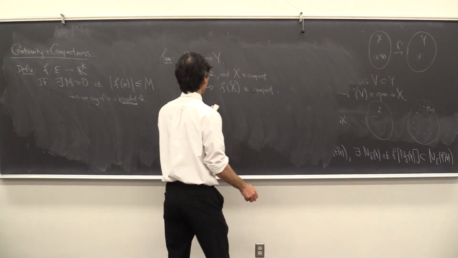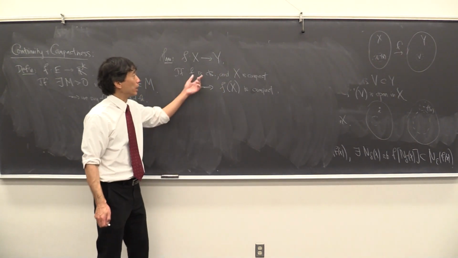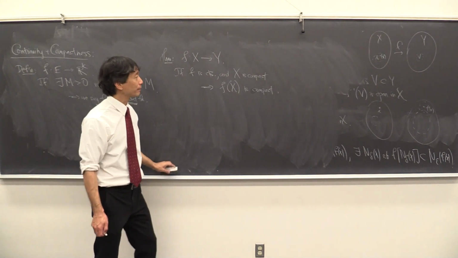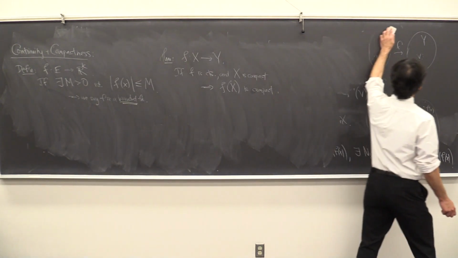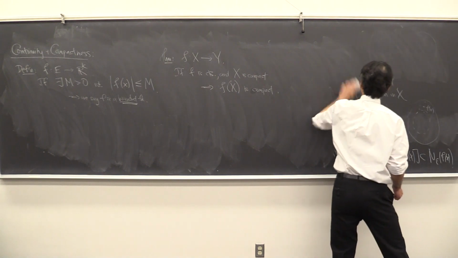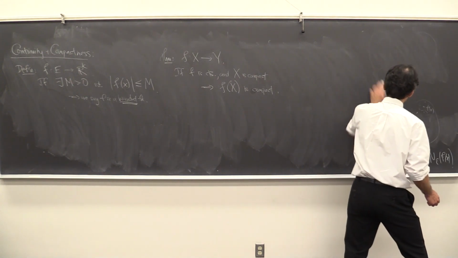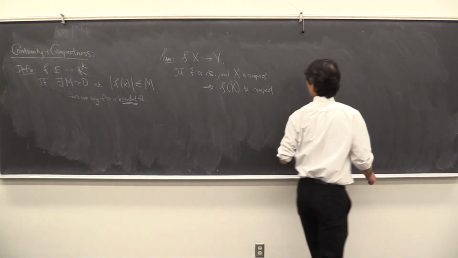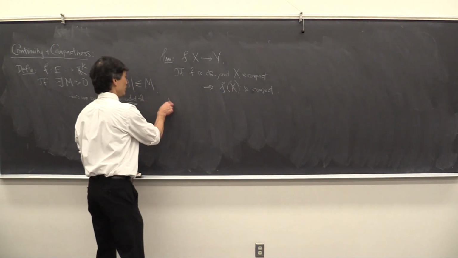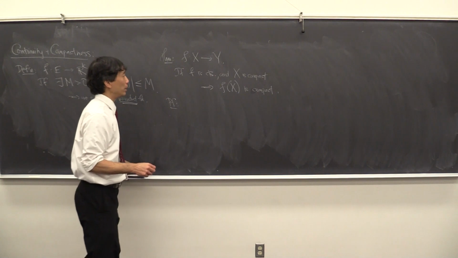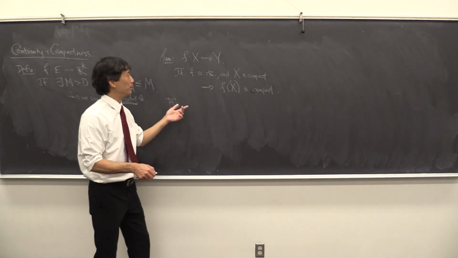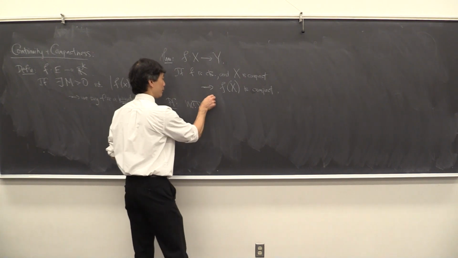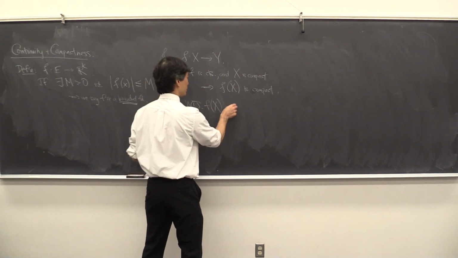Okay. So a continuous image of a compact set is still going to be compact. So that's pretty nice. Okay, so the proof of this is as follows. We want to show that f of x, the image, is compact,